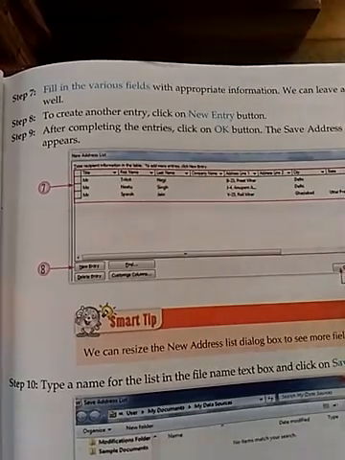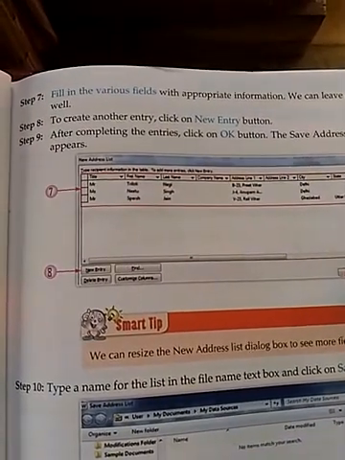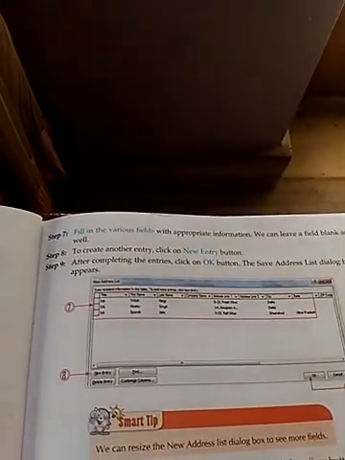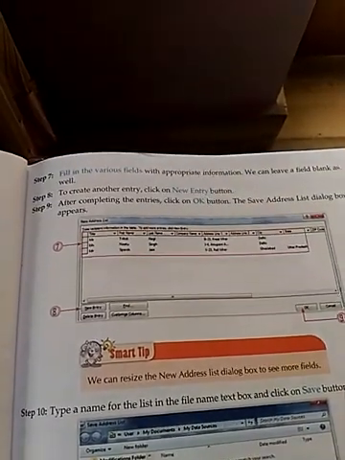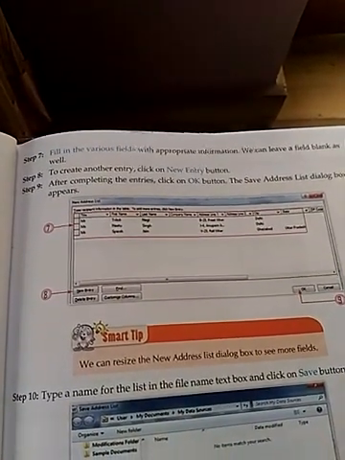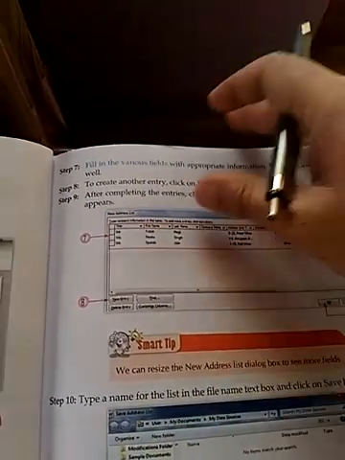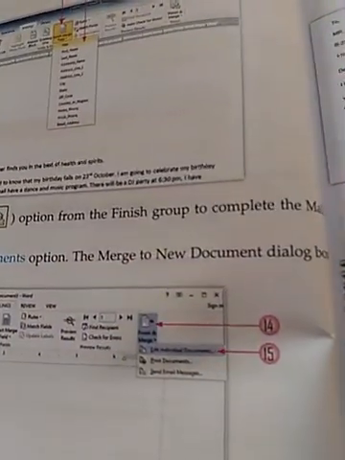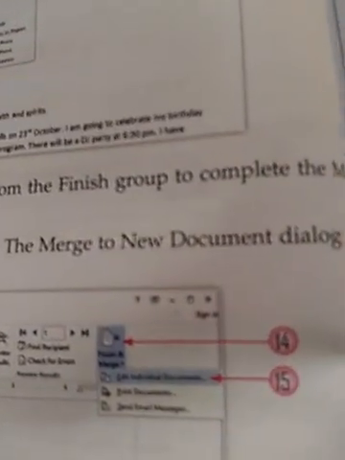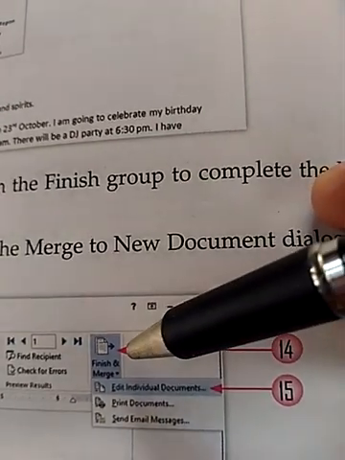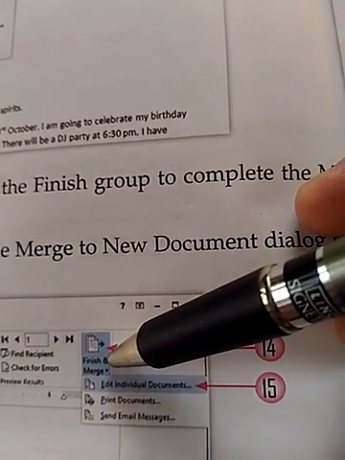After that, third step, you need to merge the data source with the main document. The data source with the main document can be merged with the help of the finish and merge button.